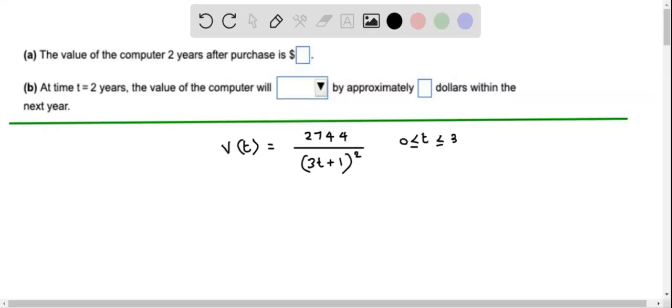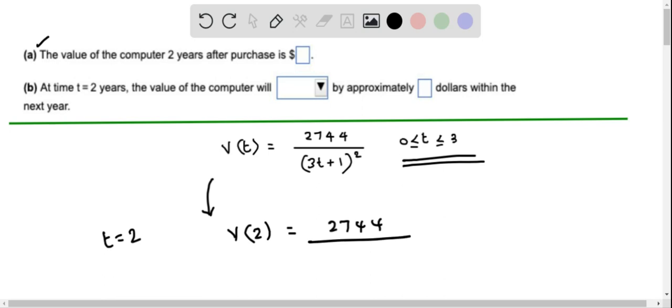Let's do part A. So here we find the value of the computer 2 years after the purchase. We are given the function v of t, which represents the value of the computer after t years. T varies from 0 to 3. So if we have to find the value of the computer after 2 years, we plug in t equals 2 into the value function. So it becomes v of 2, and this equals